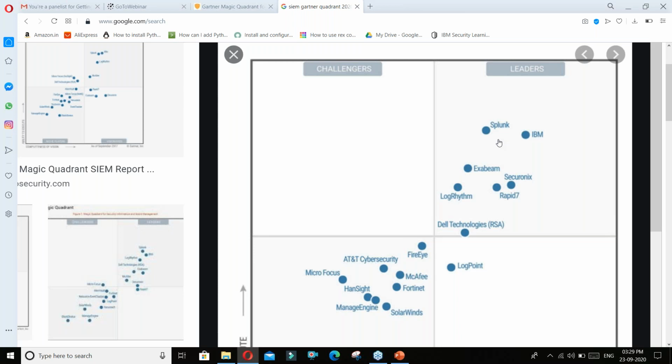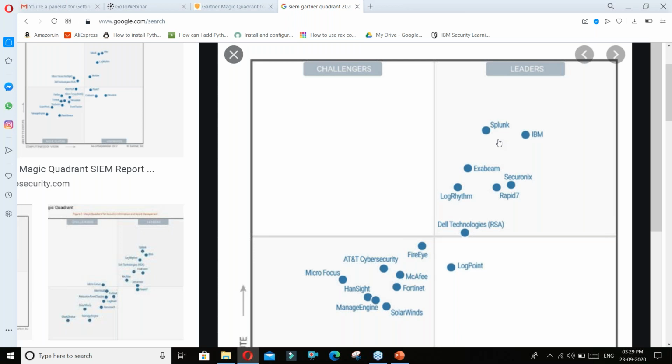For example, QRadar, ArcSight, and Splunk, three tools. It takes me 3 to 4 months to get the logs from all the machines into ArcSight. It takes 2.5 months to get the logs from all the machines into QRadar. But when I'm talking about Splunk, it is very flexible, guys, very easy. Everything is available to us. It takes me around 1 month.